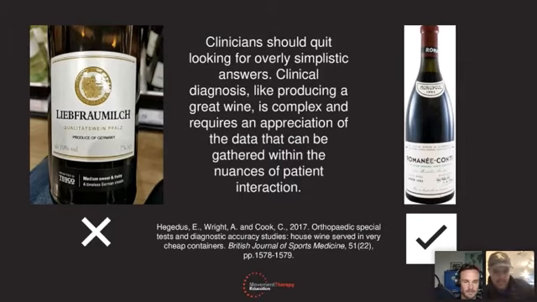He said clinicians should quit looking for overly simplistic answers. Clinical diagnosis is like producing a great wine: it's complex, and requires an appreciation of the data that can be gathered within the nuances of patient interaction. And I thought that kind of summed up today's session quite nicely, because some of the, like Dan said,